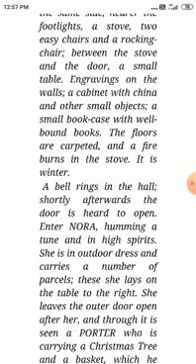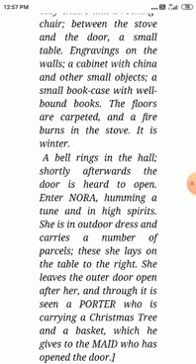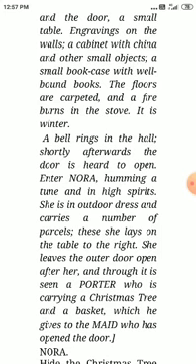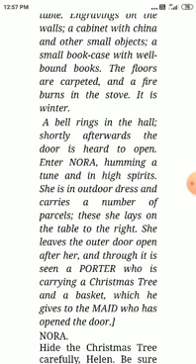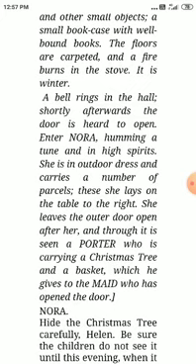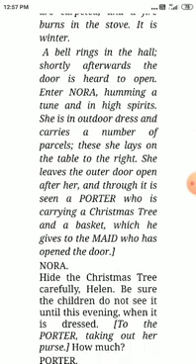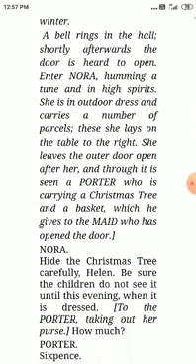A bell rings in the hall. Shortly afterwards, the door is heard to open. Enter Nora, humming a tune and in high spirits. She is in outdoor dress and carries a number of parcels. These she lays on the table to the right. She leaves the outer door open after her, and through it is seen a porter or a coolie, which we call in India, who is carrying a Christmas tree and a basket, which he gives to the maid who opened